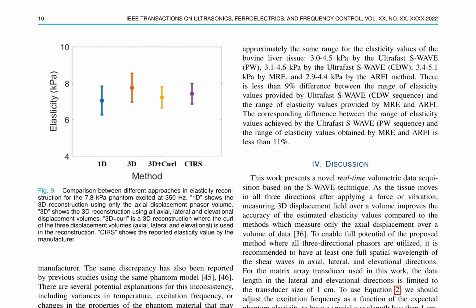This research paper presents a comparative analysis of different elasticity reconstruction approaches for a 7.8 kPa phantom excited at 350 Hz. The results indicate that using 3D reconstruction with all axial, lateral, and elevational displacement volumes yields more accurate elasticity values compared to relying solely on the axial displacement phasor volume. Moreover, incorporating the curl of the 3 displacement volumes in the reconstruction process improves the accuracy of the estimated elasticity